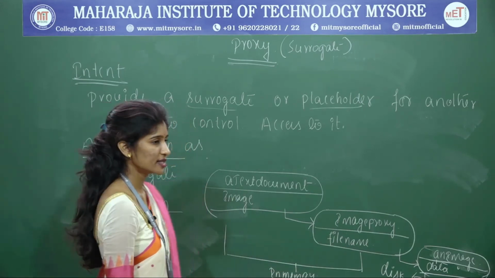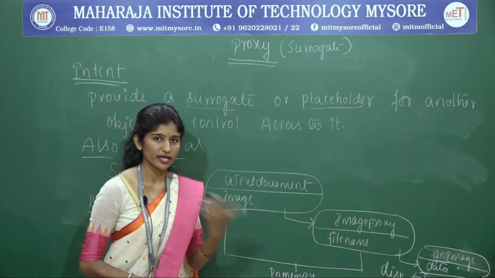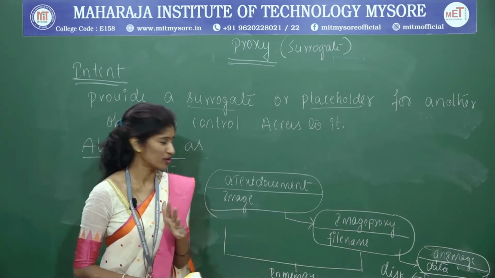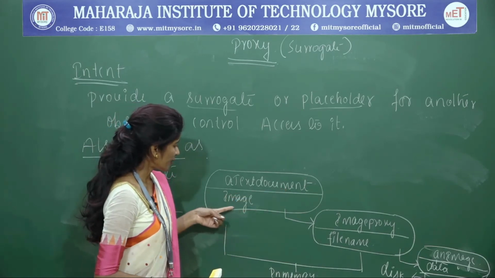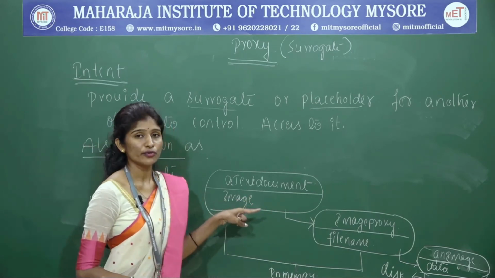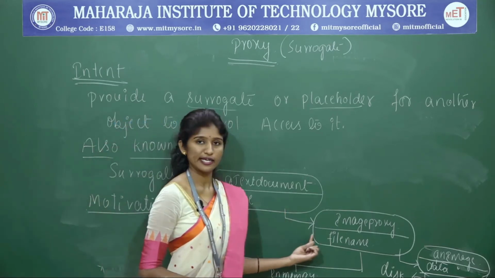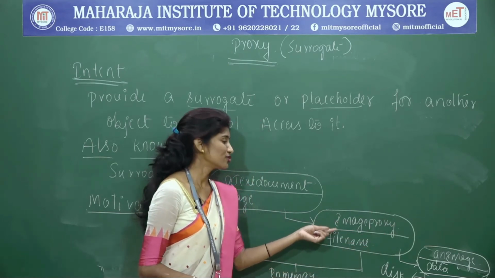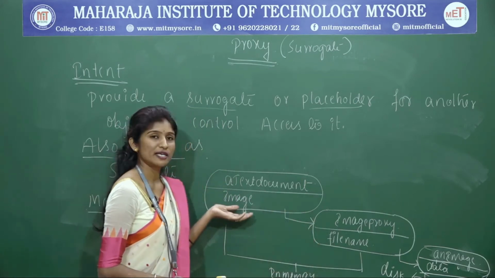Okay, so in this diagram you have got a text document, some document is there. Within that document you may include images, audio, video files and so on. So here a text document is there, and within that you have got an image file. It just wants to perform its operation. You can see it has got some link, so it is going to invoke the image proxy, which is not the original object, that is intended to operate with this image file.